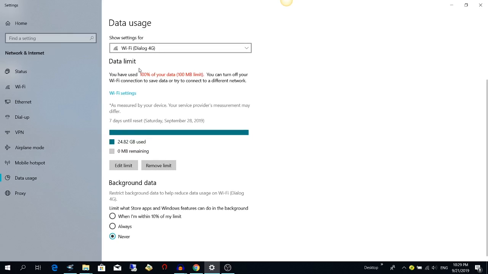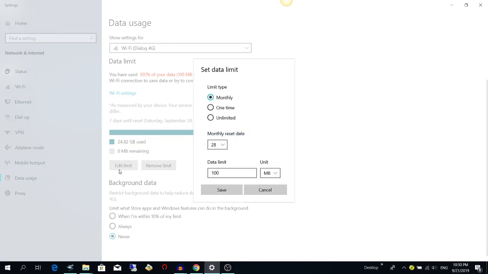Then you can see the data limit section. You have used 100% of your data, 100 megabyte limit. You can turn off your Wi-Fi connection to save data or try to connect to a different network. Then go to the edit tab, edit limit. Click this button,